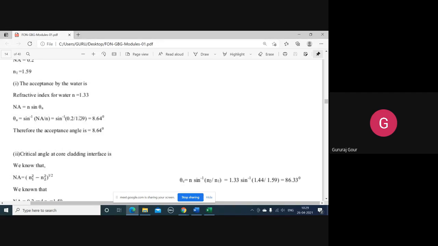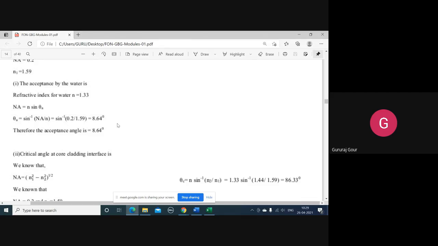Listen here, all guys, this is very important. I am telling you, normally these angles we are getting in radians. You calculate it at your home with this sine inverse. Whatever values you are getting, trigonometric values, sine of something or sin inverse of something, tan of something or cos of something, are actually in radians. But you have to mention the answer in degrees. I hope you know how to keep the calculator mode in degrees or radians.